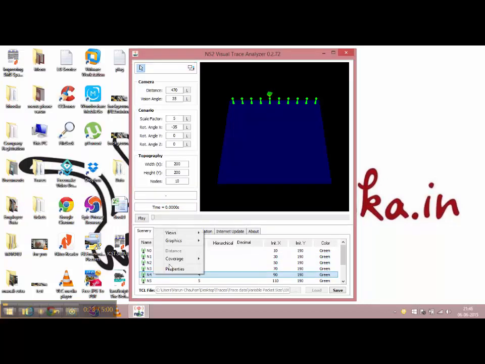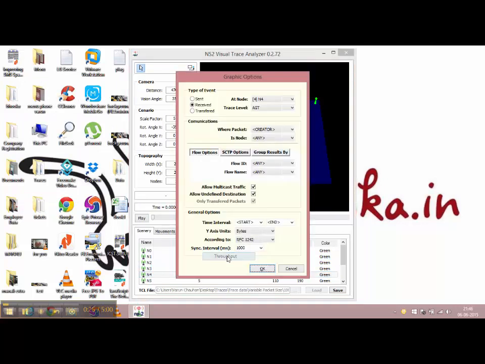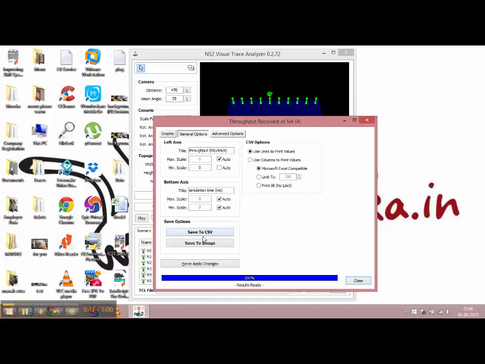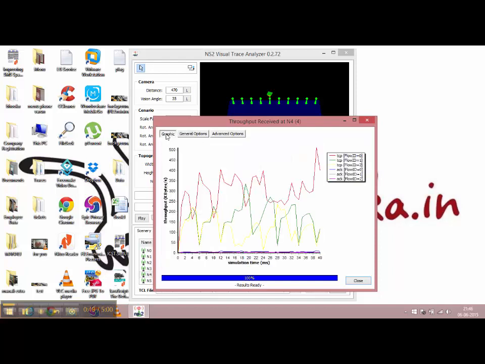the throughput for the same. For the throughput we have to go over here, and here's the throughput. We're going to select the units. I'll take kilobytes. Okay, now this is the throughput. You can see the maximum throughput achieved by TCP BIC was 500 kbps. So this is the way you can do it. You can further save this to a CSV file where you can get the average throughput also. In this way you can generate different parameters, jitter, delay, everything you can get out of it, and you can compare the results for each and every variant over the different parameters.